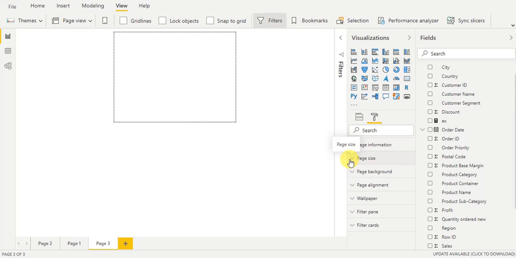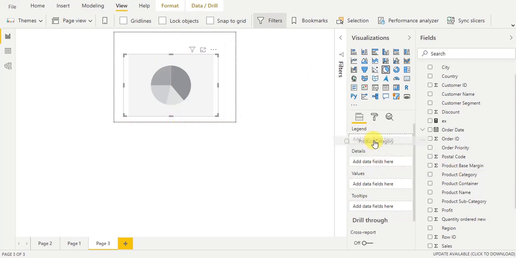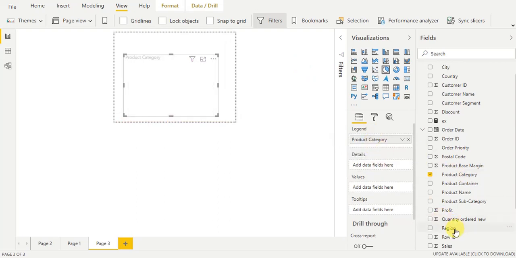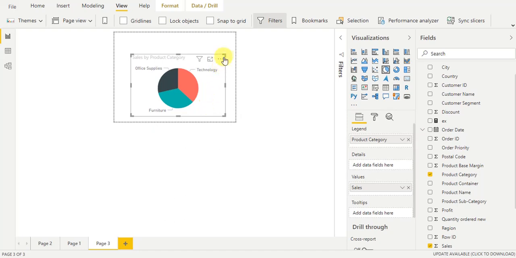Now I want to see the breakup of product category wise sales, right? So for this I'm taking one pie chart, and in the pie chart I drag the product category into legend and sales into the values section, right? And also I want to see the total sum of all categories.